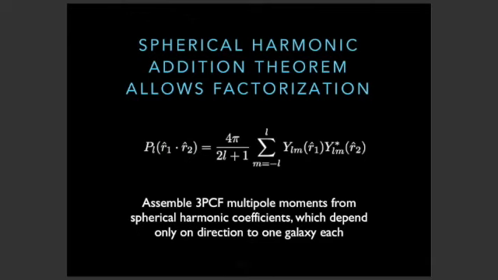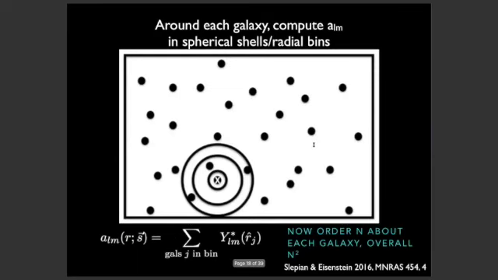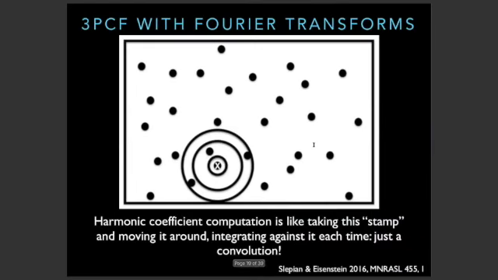And basically, if you have the spherical harmonic coefficients of the galaxy density around each point, you can assemble the 3-point function from that without ever looking at pairs around a point. So this is just a picture showing how that works, and it basically reduces the order of the algorithm by 1 power of n, so you get an n squared algorithm. You can even do this with Fourier transforms, because obtaining these spherical harmonic coefficients is actually a convolution, because you basically are sitting on every galaxy and integrating against the same weights. These weights are just the spherical harmonics. They're an orthogonal basis, so when you integrate against them, you get the coefficients.